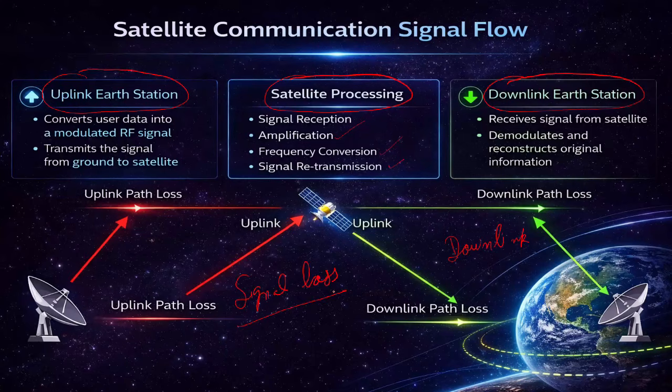To maximize signal strength, the energy is focused into a narrow beam. This is achieved using highly directional antennas. Both satellites and Earth stations rely on these antennas for efficient communication. So in a nutshell, we can say that proper amplification and directional antennas are essential to overcome the signal losses.